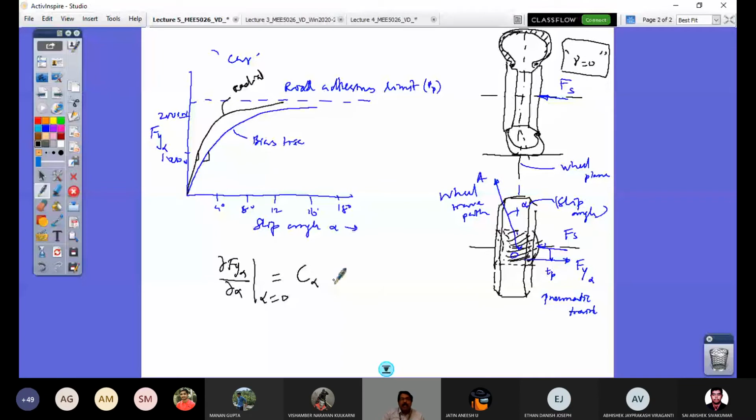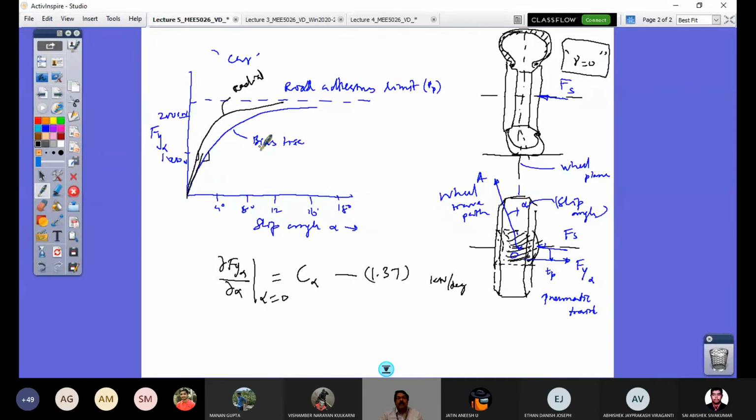Right. So let me call this equation 1.37. I just follow the numbers as they are available in the textbook. The unit of this is normally kilonewton or Newton per degree. Per degree of slip angle, what is the value? That is your cornering stiffness of the tire. And you see this is the slope when alpha is equal to 0, so this is a linear value that I consider. But the slope is different elsewhere. Here you see the slope for the radial tire is more than the bias tire, so it has more cornering stiffness compared to the bias tire.